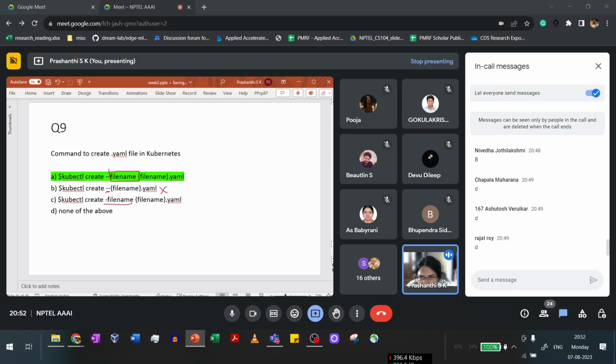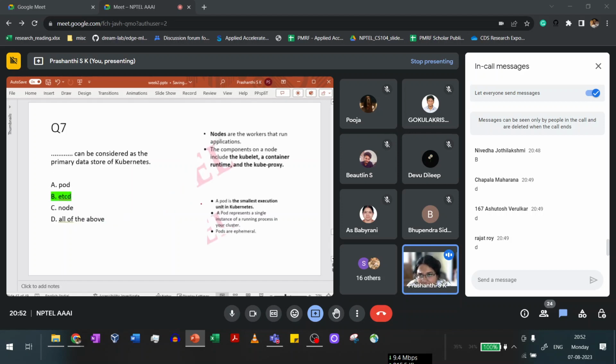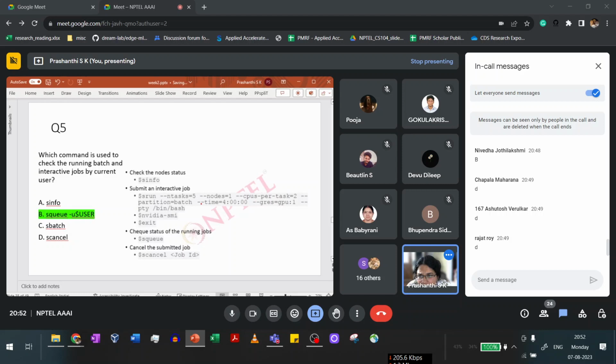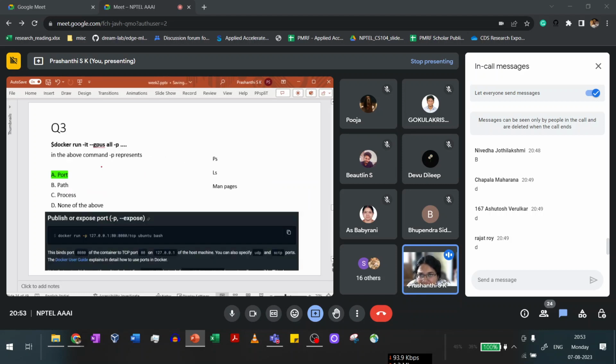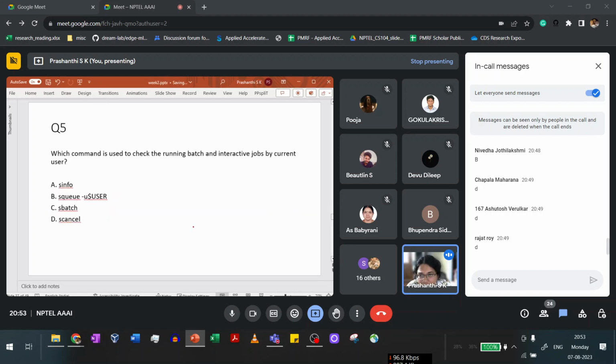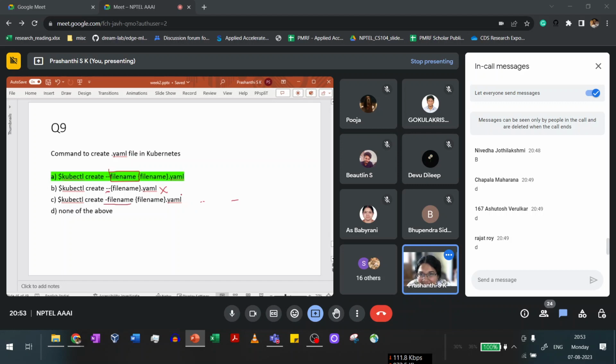This probably would be an invalid option because many times these things have a hyphen syntax, or a hyphen with a single letter, right? That's again something that's based on observation. So you might see something like -u, or -p versus --expose. So my second guess would be that hyphen file name sounds wrong. So again, I would eliminate that,